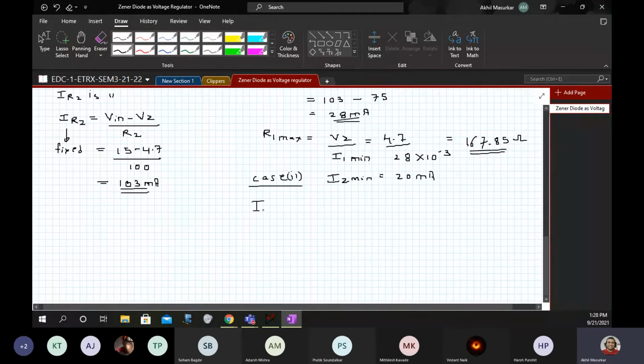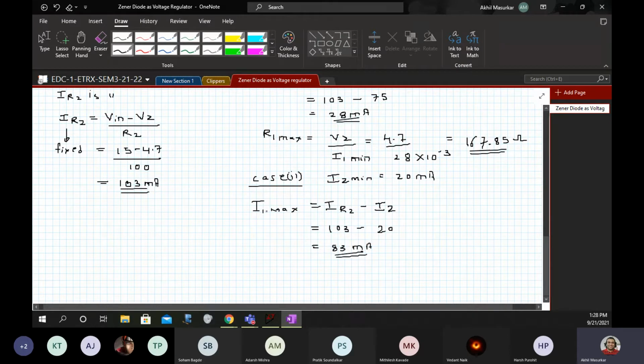So here I will say I1 max is equal to IR2 minus IZ. So IR2 is fixed 103 and IZ this time is 20. So that will be, I think, 83 milliamperes.